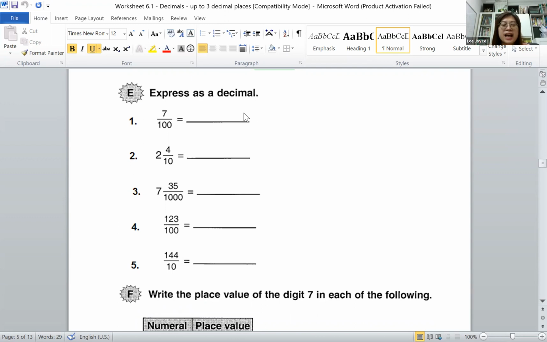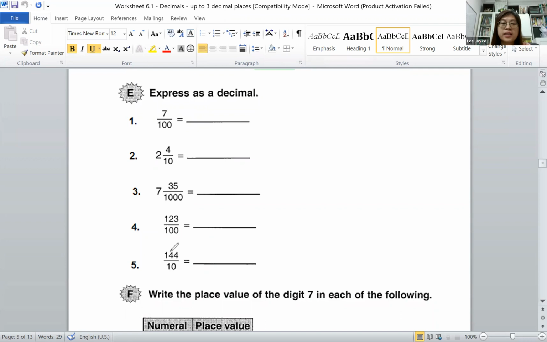Okay, so anyway, I will start off with section E first. How do we express this in decimals? Now I can see that all these fractions are upon 100, some are upon 10, and then some upon 1000. When you see all these denominators, it will be very, very easy to solve because we can... Yeah, I'm back now. Hello, Jethro, no problem. Okay, so when we have these denominators of 10 and 100 and 1000, it'll be